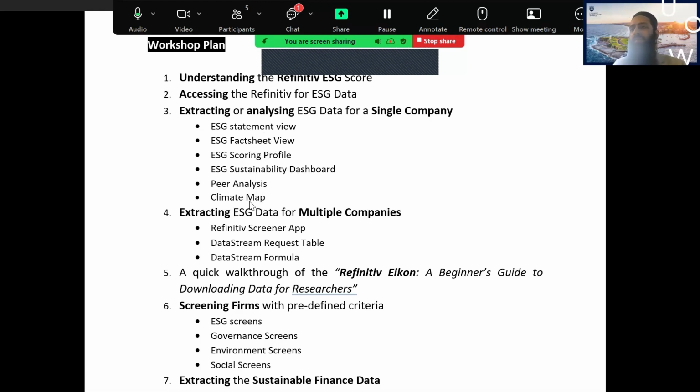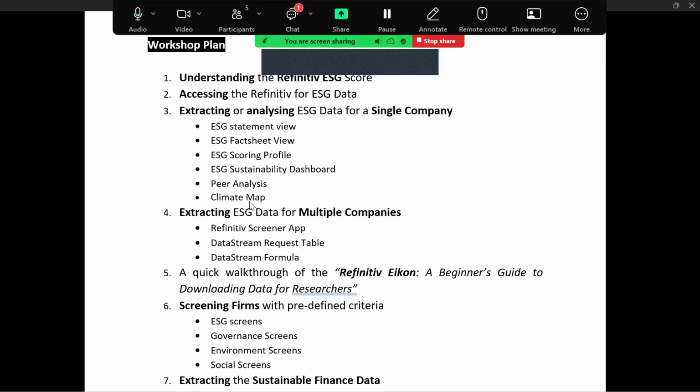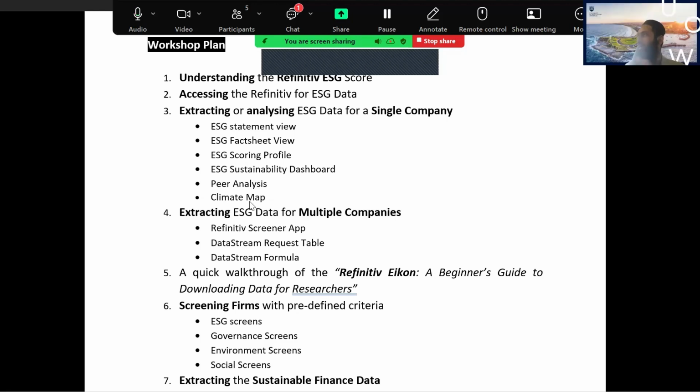Previously, this climate map gave information and data about the management of climate performance, the ambitions, the targets, the net zero targets, scope 1, scope 3, short term, medium term, long term, and they have further criteria, and the actual performance, like carbon emission, scope 1, scope 2, scope 3. So they also give that. So it's an excellent tool, which I will briefly show.